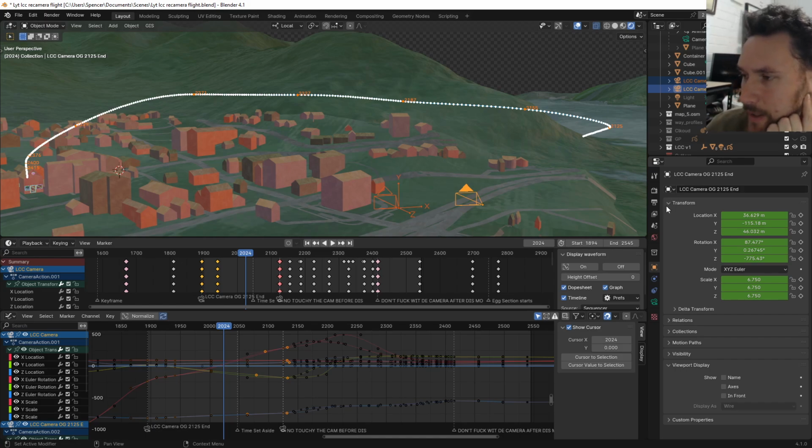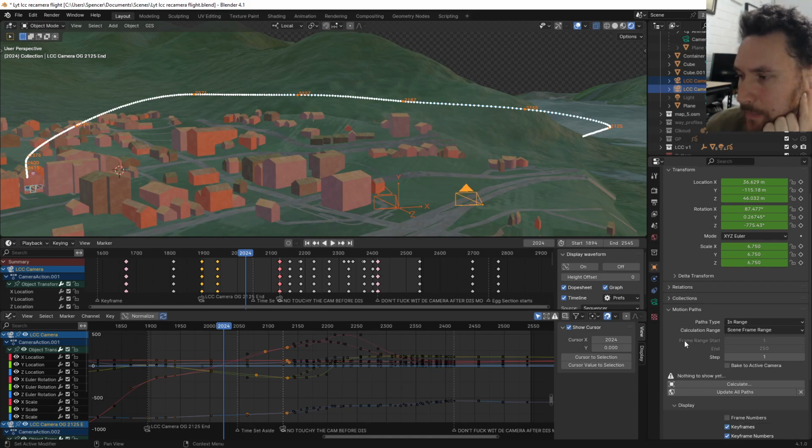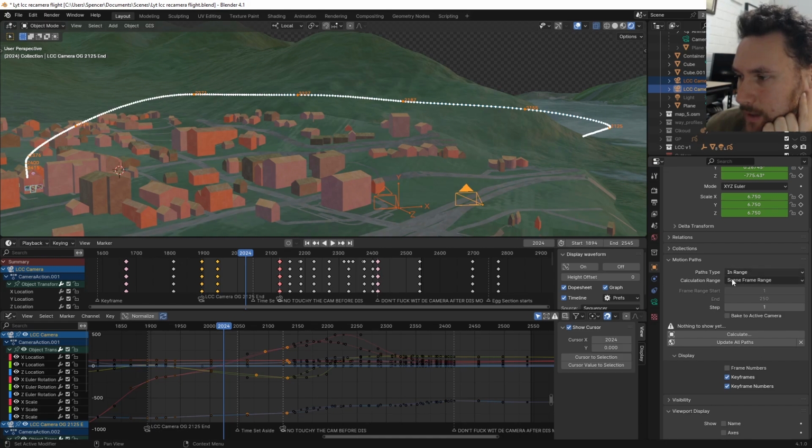The way that you activate it is you go into the object properties, and it's under motion paths, and then you can select the range that you want, and then you go calculate. So I've got it so it just does that section there. But if we compare it to the original camera, which is that one there,